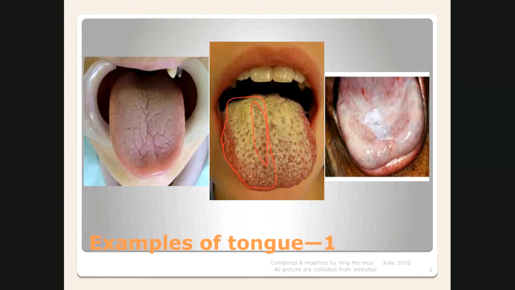Let's have a look at the first tongue. The first tongue is an artificial tongue, because you can see the setting in the ceramic supporting jar. The third tongue is a real tongue. The third tongue patient is at the end stage of terminal illness. So if you see the third tongue, you know there's no spirit. There's no qi because there's no tongue coating. That's why there's no stomach qi. They're going to die very, very soon.